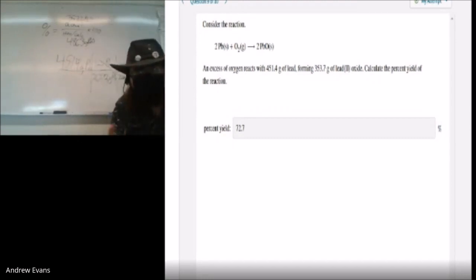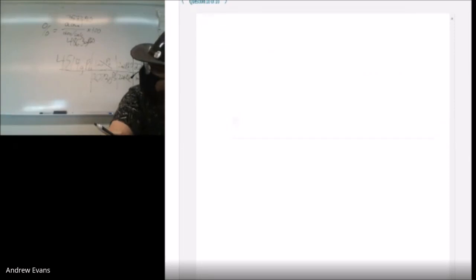At that point, all we have to do is divide those two numbers, 353.7 by 486.3, and multiply by 100. And that's where we get 72.7. So, as I said, I've already solved this yesterday for my Tuesday, Thursday class, but that is the generalized process. The next question, which is the last question on this set,